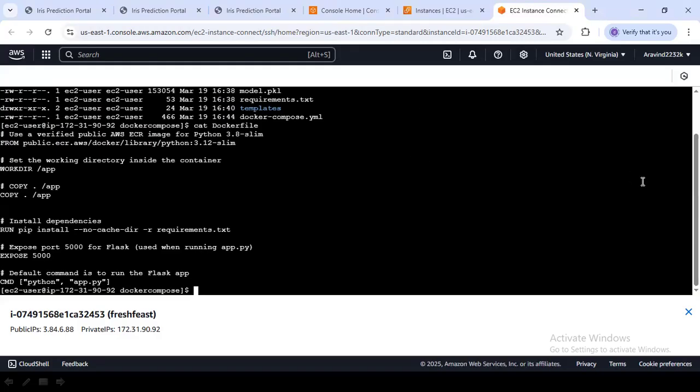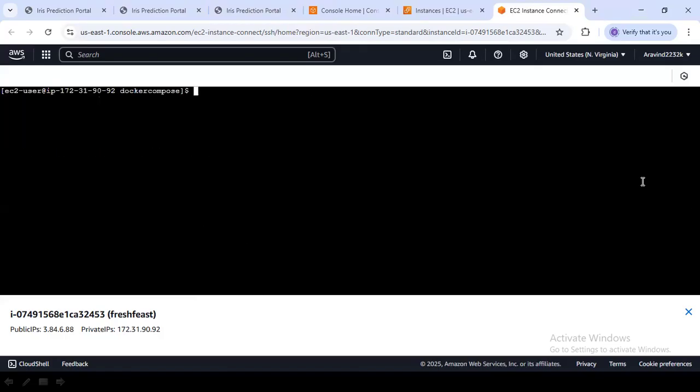Now we are done. I just go ahead and build the Docker Compose, right? The first time we are setting up. What I will do is I'm going to use docker-compose up -d --build. This command will go through your YAML file and, based on the configuration that you made,